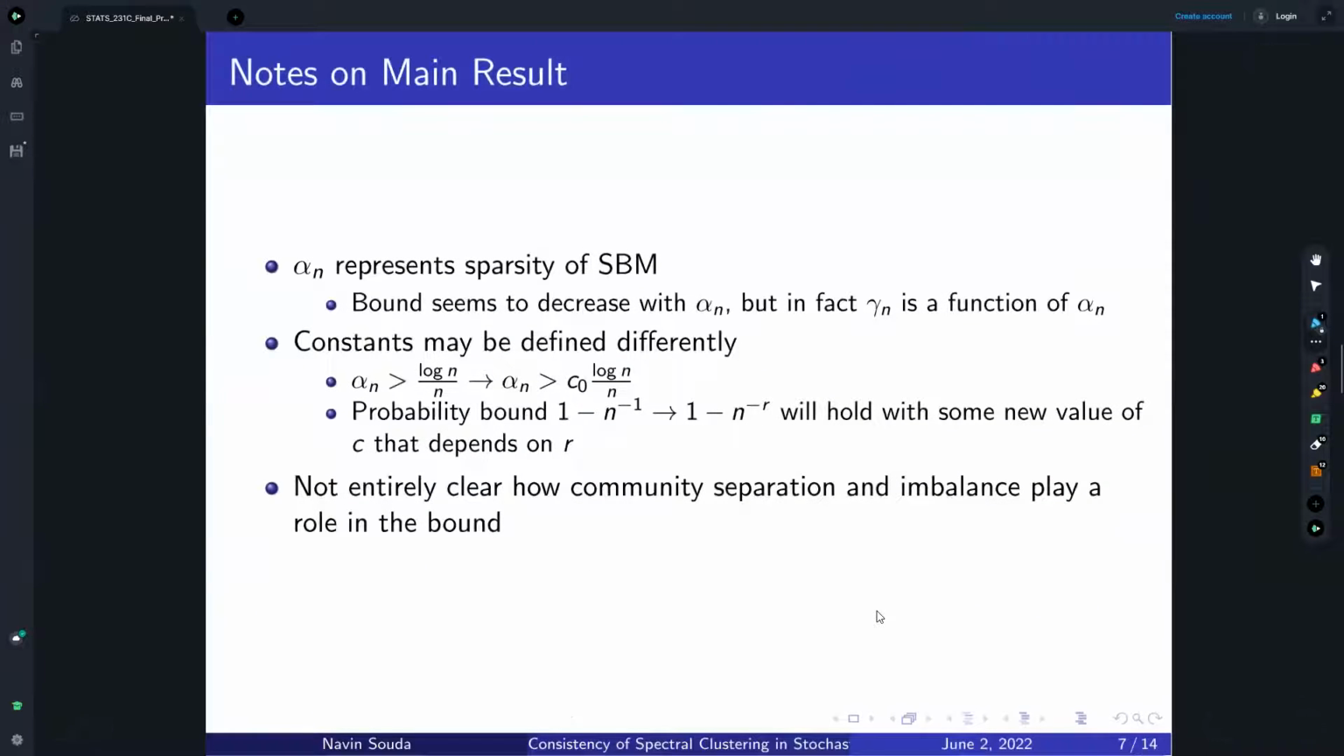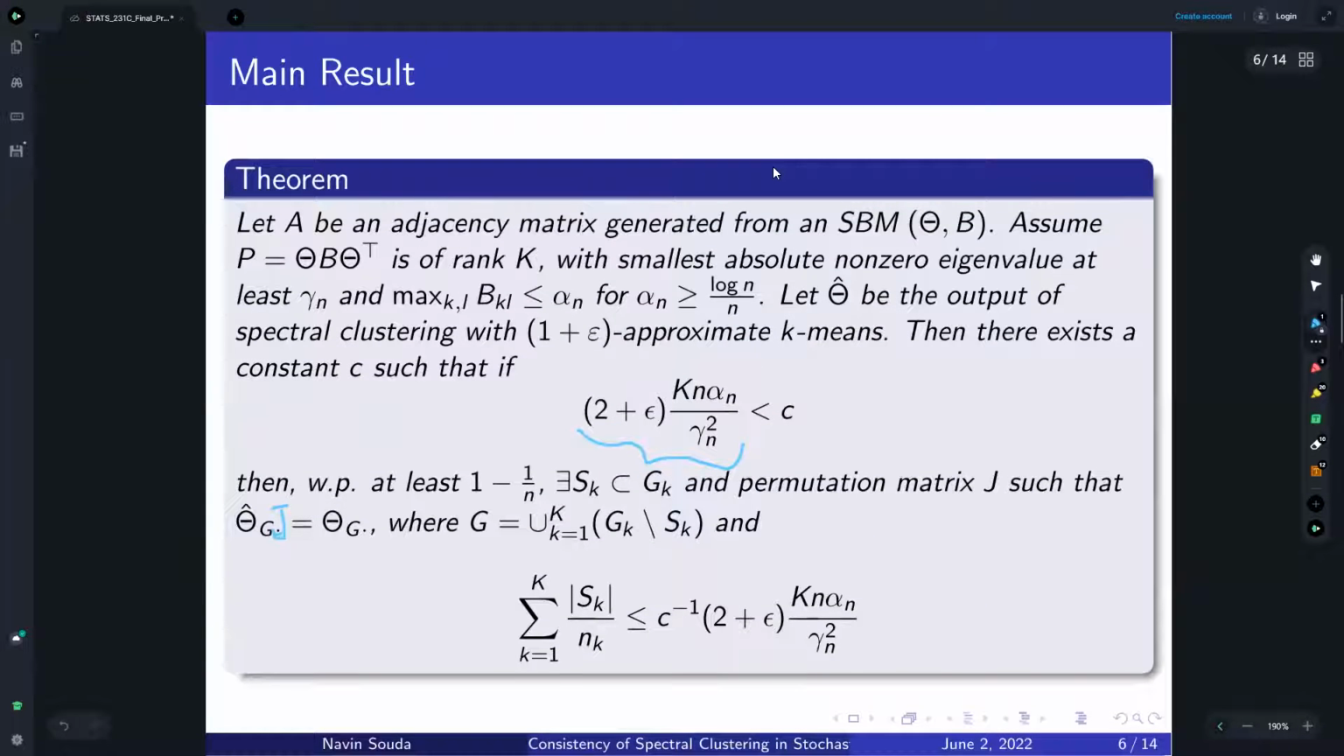So before we talk about how to actually prove this, first we can talk a bit about what this actually tells us. So the first thing is that alpha n represents the sparsity of our SBM, right? So for bounding every element in our matrix by some value, it means that the probability of having a connection can't be bigger than that value. And so the smaller that value gets, the fewer connections we're going to have in our graph. And so considering that, the fewer connections you have, you expect it to be harder to recover your